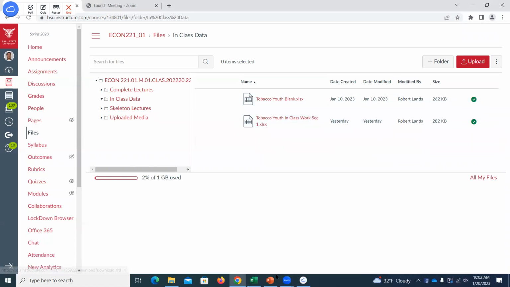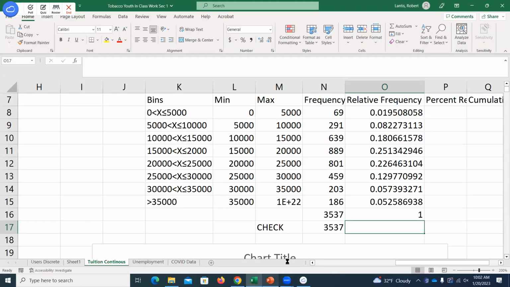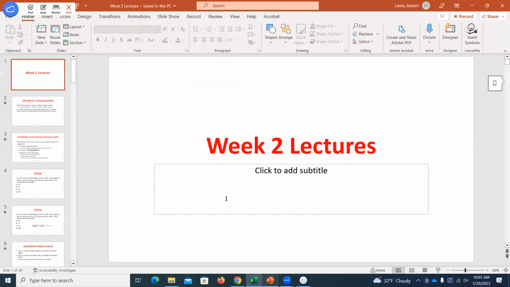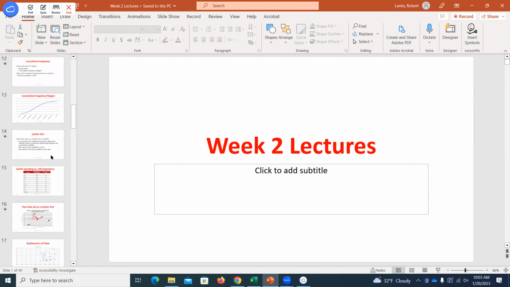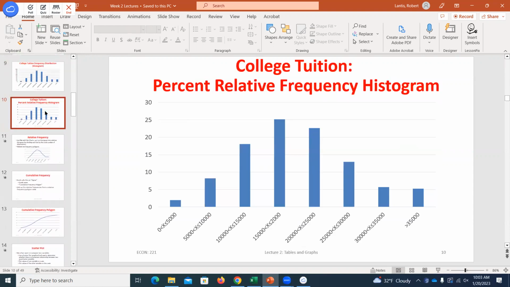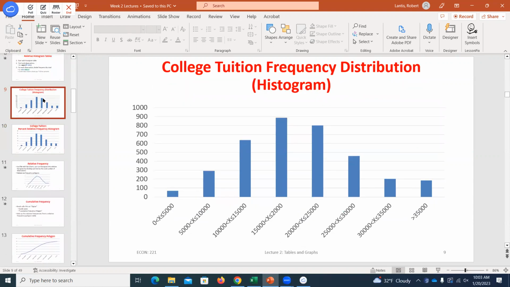All right. So, well, let me think if I want to jump right into Excel. Let's see. We already worked through some of this last class. So just a recap. And I've got some slides up here that remind us what we did last class. So we went through some continuous data. We created bins, that minimum maximum column. We then got our frequencies with the COUNTIFS formula.